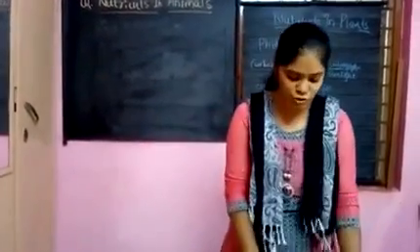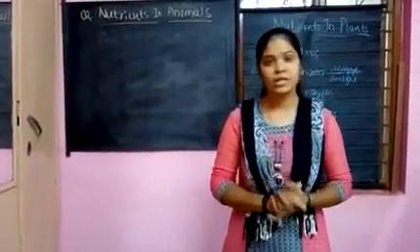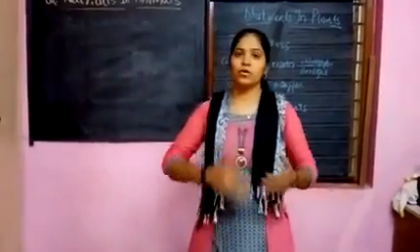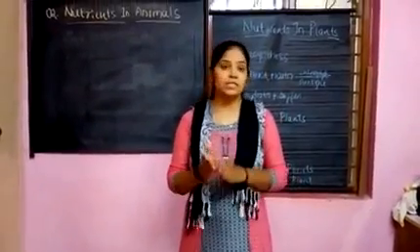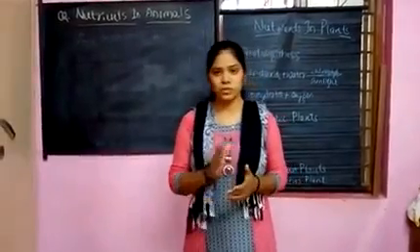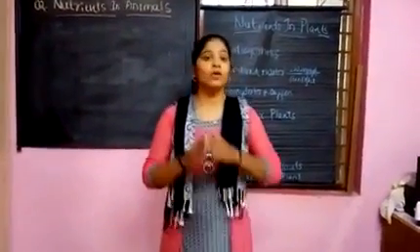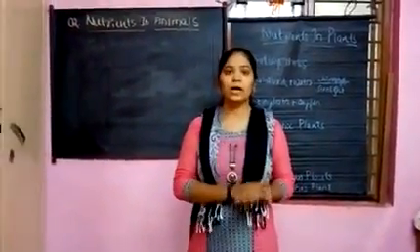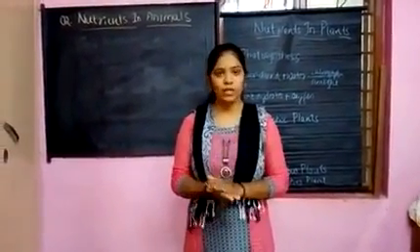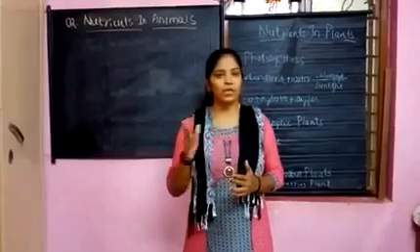So what is the next question? Give a brief description of the process of synthesis of food in green plants. This is the fourth question, and they mention the brief description of the photosynthesis process. It means you have to write the explanation of the photosynthesis process. So what is the photosynthesis process? The process of preparing food in plants using the carbon dioxide, water and minerals in presence of sunlight and chlorophyll. They will produce carbohydrates and oxygen, which is necessary for human beings.